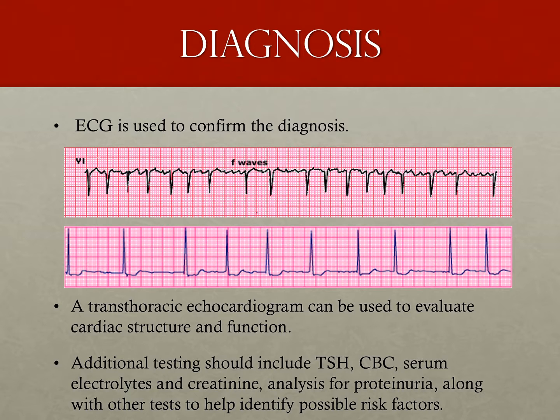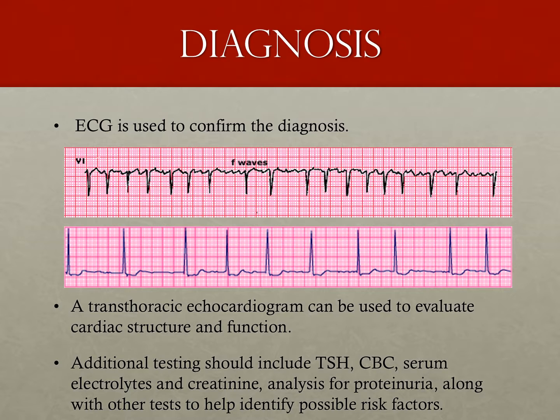The bottom strip represents minimal atrial activity, and the only finding suggestive of AFib in this strip is the irregular ventricular response. An echocardiogram should be done on patients being diagnosed with AFib. This is to look at the structure and the function of the heart, as well as the presence of any thrombi. This should especially be done for patients who might need cardioversion or an invasive procedure due to the possibility of